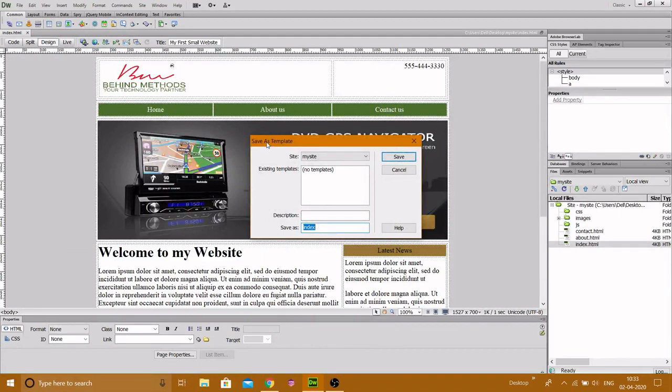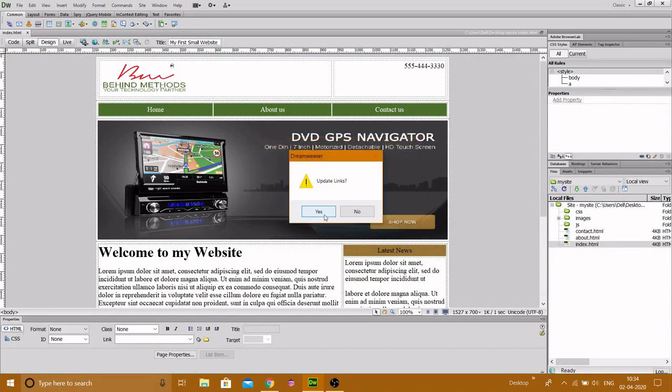So as you can see, the Save As Template dialog box has come, and I can give any name to it. I'm giving it the name master. Okay, I'm doing save. Watch this section right now. CSS, images, JS is here, so I'm clicking on save. Update links. No, I don't want to update links. This is asking me if I want to update links in all the pages which are using this template. Right now no page is using this template, so I'm not going to do anything. So I say no,